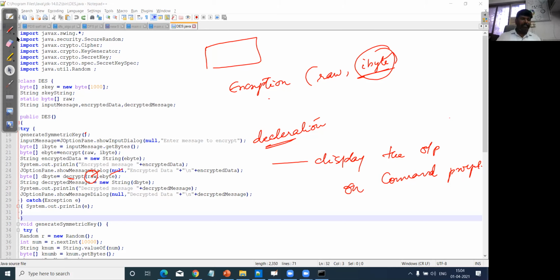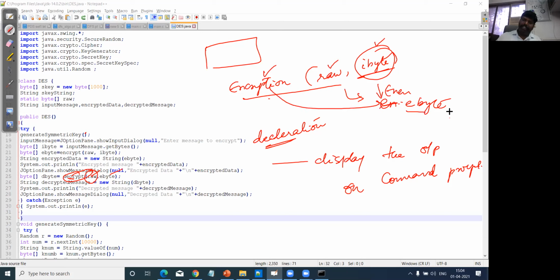Okay, I was explaining about the member function. So this is a decrypt function, right? Before that we were discussing that this function will accept two values, which are RAW and then input byte, which will create the encrypted data, which is E byte. Here the encryption will be carried out through this. It will produce E byte.